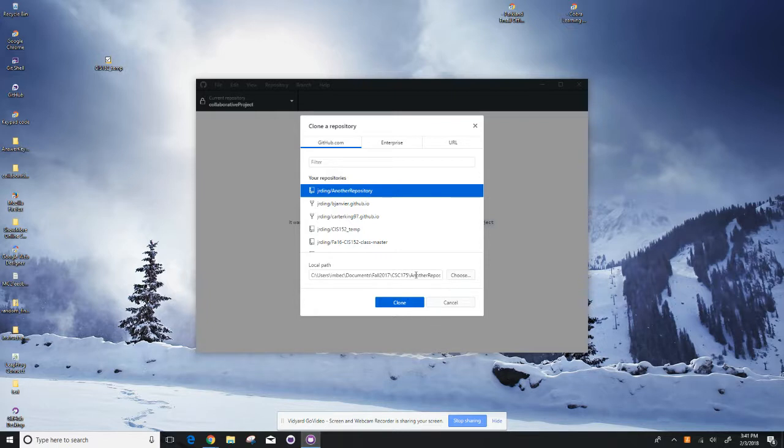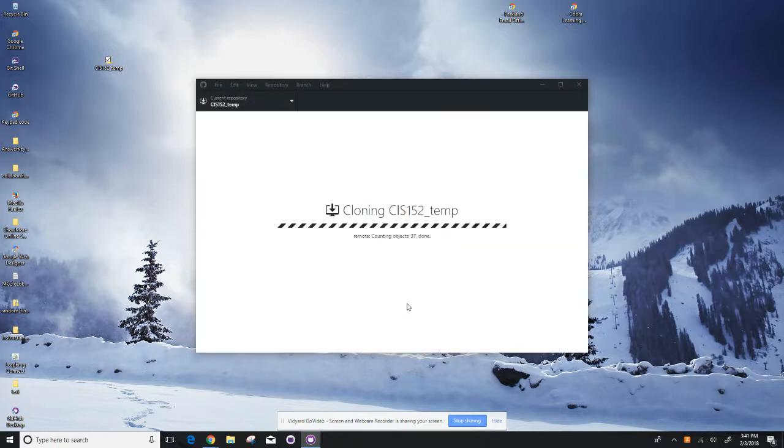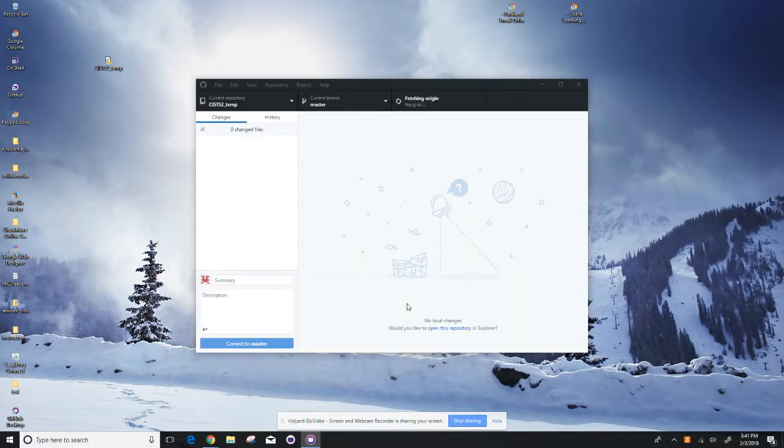I don't even remember what's in that one, but oh no, there it is. Let's use that one and clone it. That's the same temp folder that I was using before, but I'll put it in a different place just so that we can look at essentially the same thing. So now I'm looking at the current repository,